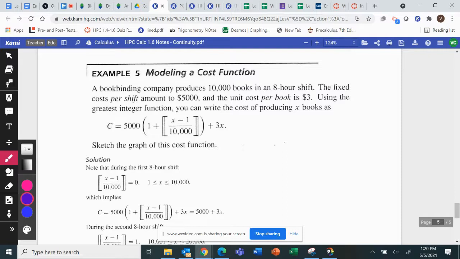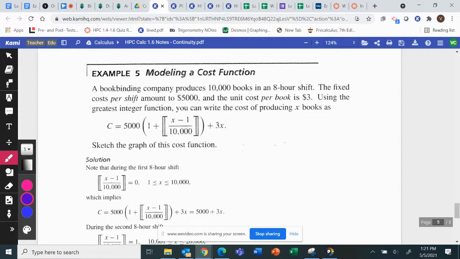A book binding company produces 10,000 books in an 8-hour shift. The fixed cost per shift is $5,000. So if they make 8,000 books in an 8-hour shift, it costs them $5,000, plus it's going to cost $3 per book that they made. Okay? Now, if they made 9,999 books,